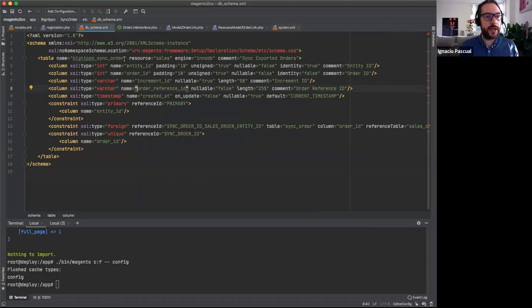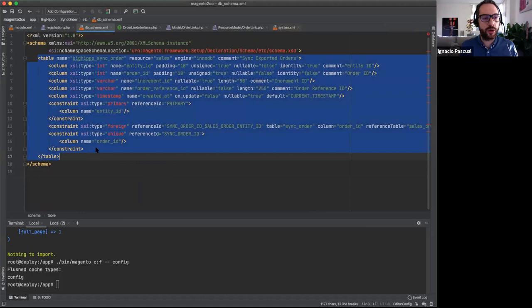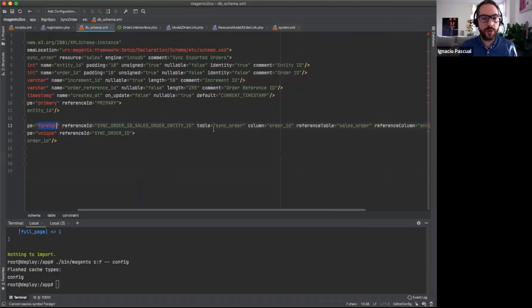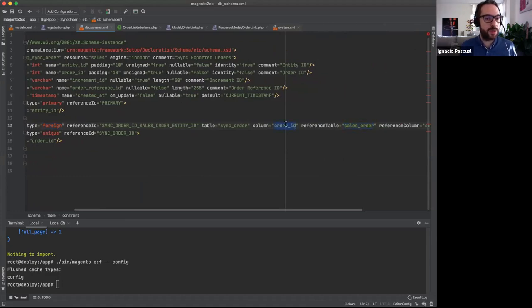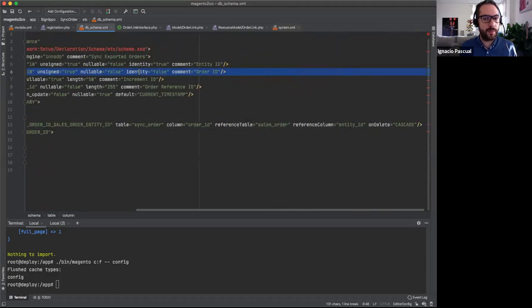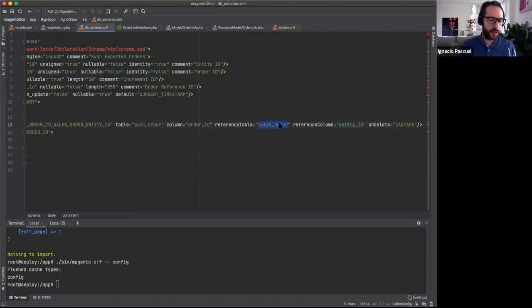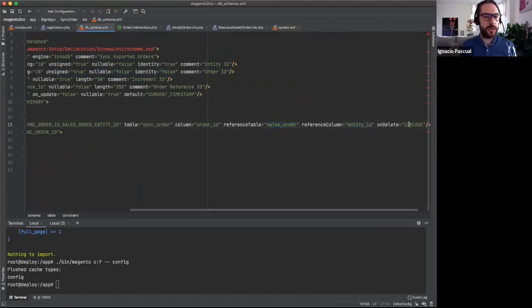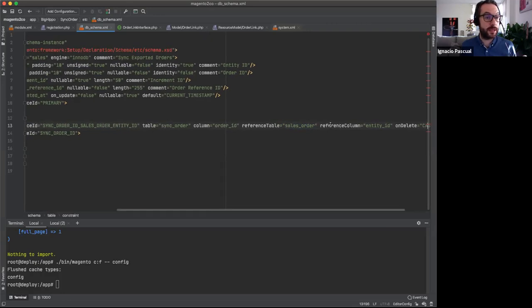So what you guys are seeing here right now is the way that I'm creating a table, but also creating some constraints. These constraints are helping me with the foreign key, pointing to what? To sales order, which is the Magento default table. And then I'm pointing to the order ID column, which is my order ID. What I'm pointing to in the reference column is entity ID, which is from sales order. Okay? On delete cascade,